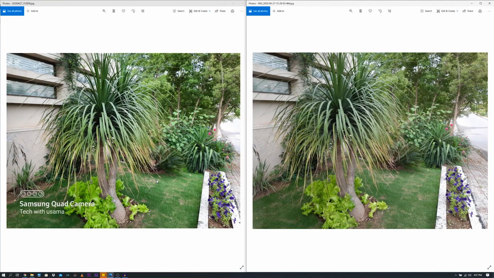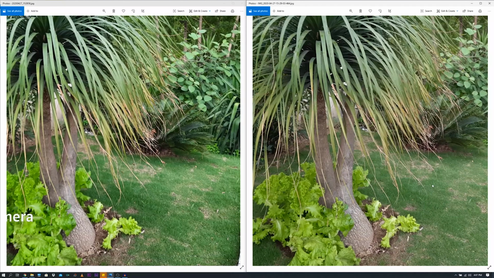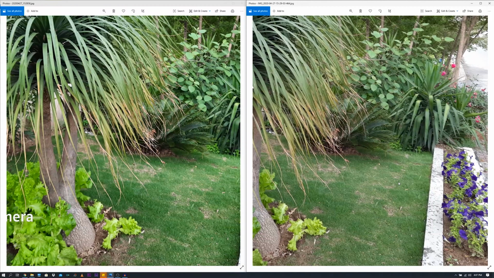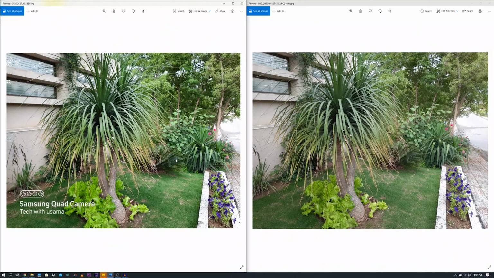Now this is how both phones capture the greenery. Look at the grass here. The grass is greener on the stock camera application and it looks more real in the Google Camera Go application. The green colors are really vibrant on the stock camera application, but they are more real in the Camera Go application. So this was a purple flower in real.